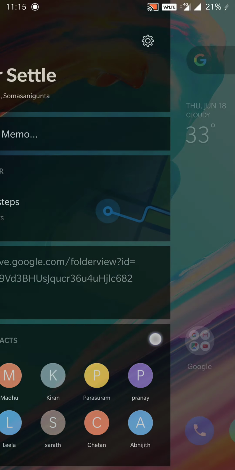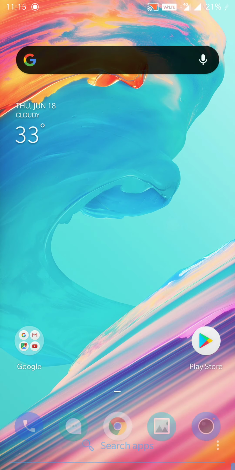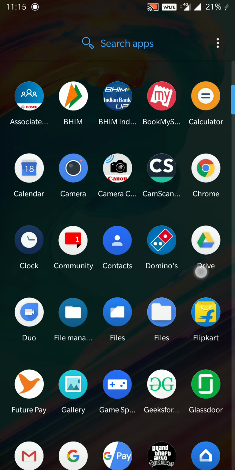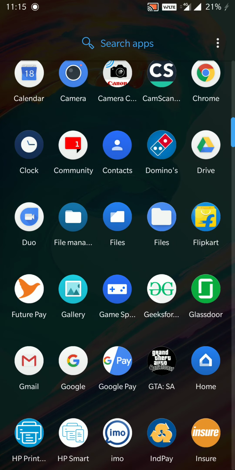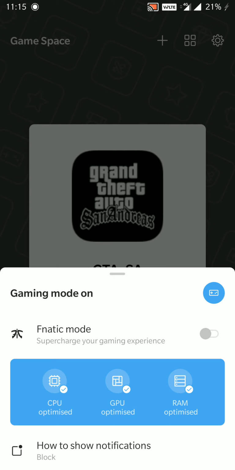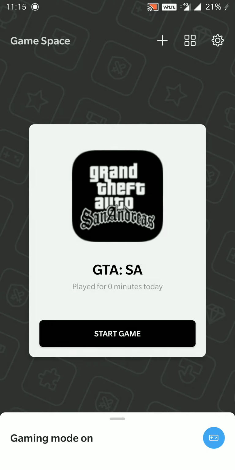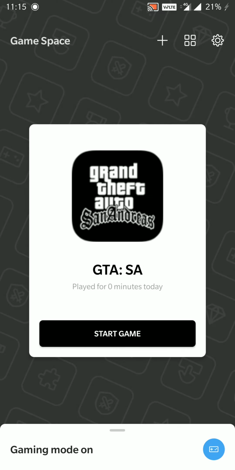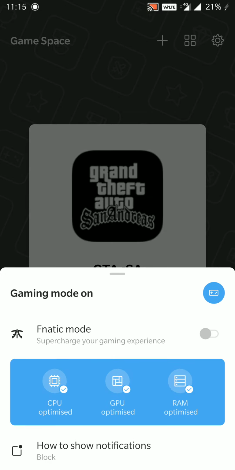And going to the other feature, game space. This game space is basically meant for Android 10 version for OnePlus users. It will automatically detect the games installed in your phone, and you can turn it on.